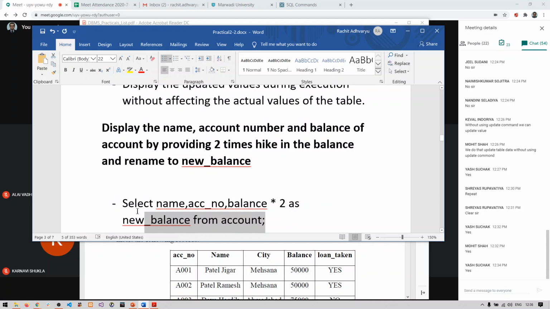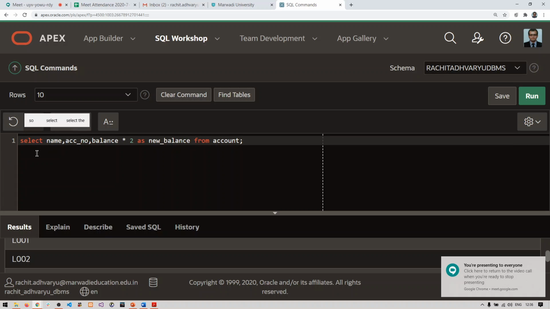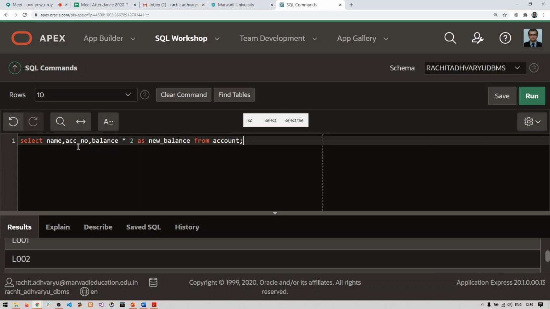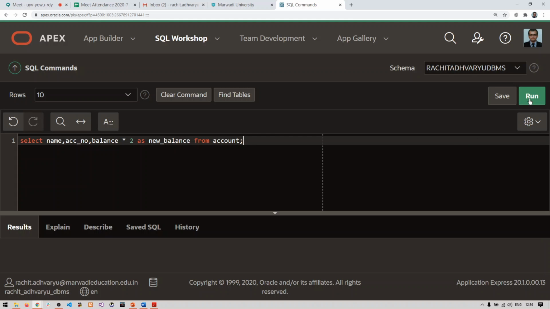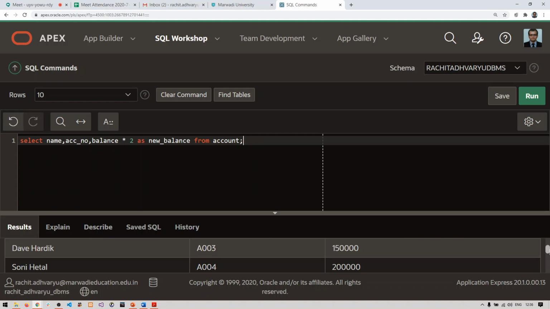Right, let me copy this and show you in the SQL command. So select name, account number, balance into 2 as new_balance from account. Execute this. So you can see name, account number, and now the new column is new_balance.